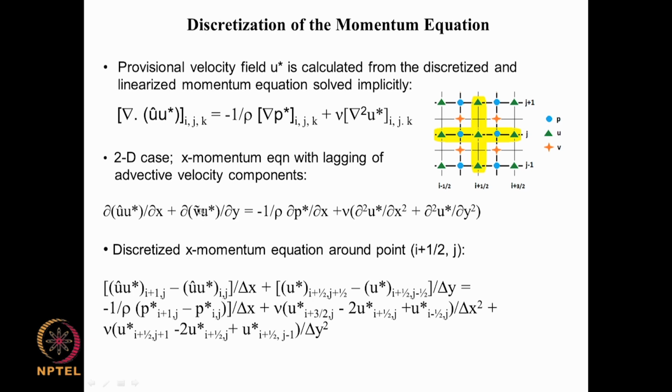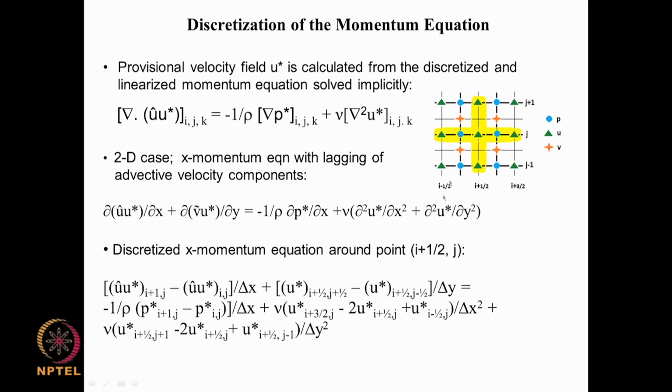The v tilde here, when we discretize this, we write this as dou by dou y of v u star, and we are writing this as v u star at j plus half minus v u star at j minus half, divided by this delta y. So, we need to know what this v tilde is at j plus half and j minus half. So, we say that V tilde at j plus half is V at I j plus 1